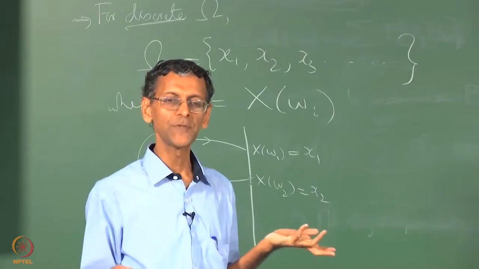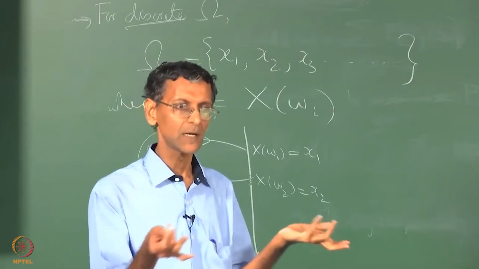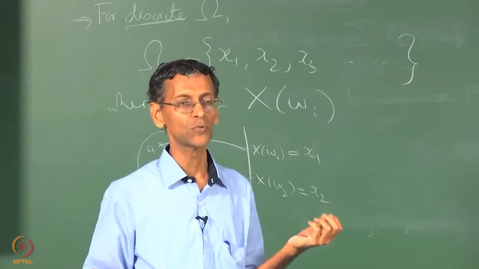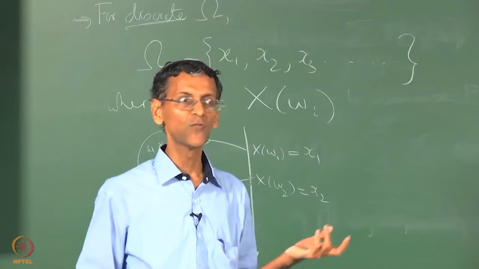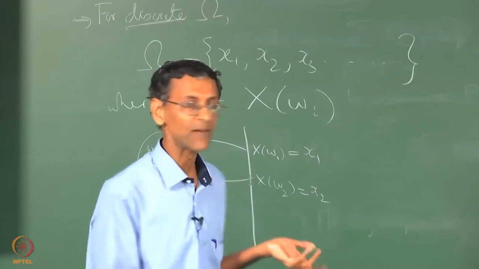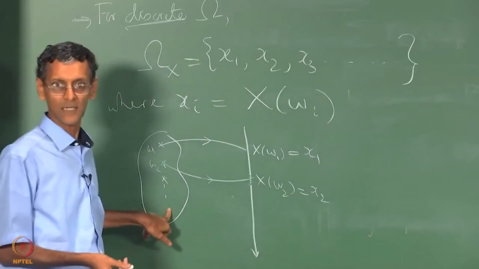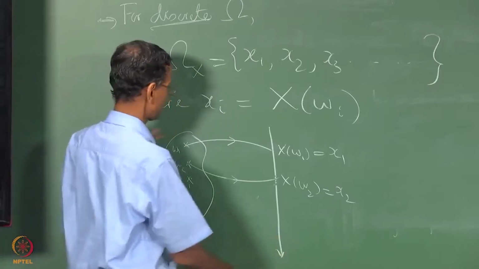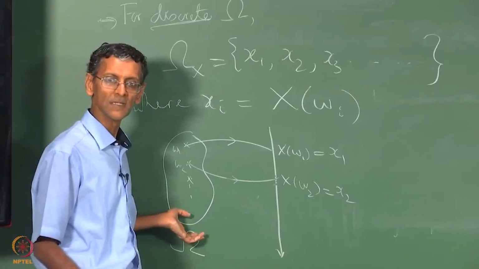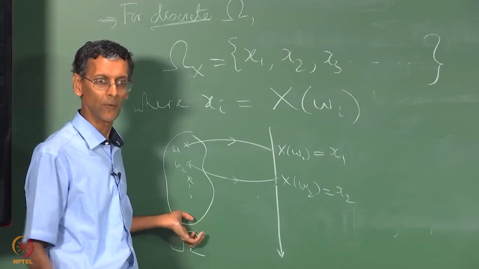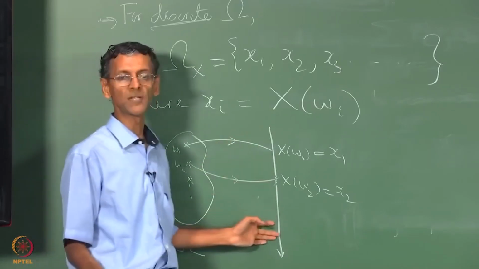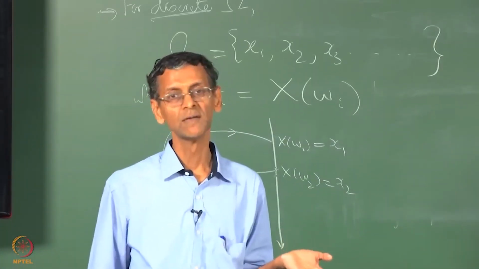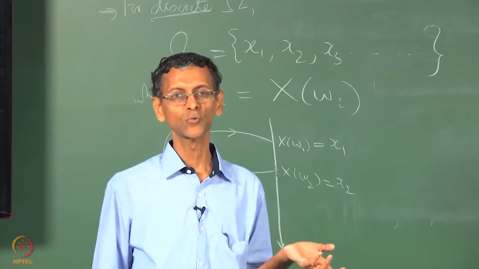In fact that's what happens when you say, for example, that X for a pair of dice is the sum of the values of the 2 dice. If you had 4 3 or 3 4, in both cases you are going to map it to 7. So you may have 36 points here, the cardinality of capital omega is 36 in that case, for rolling a pair of dice. But this is much smaller, you can count the number of points that you can get: only integers from 2 to 12.